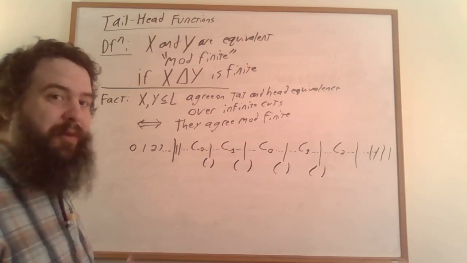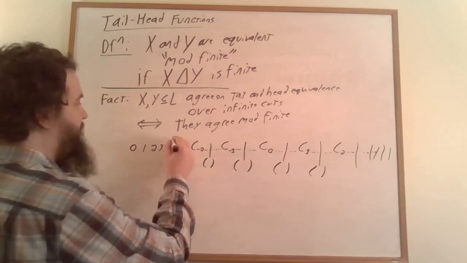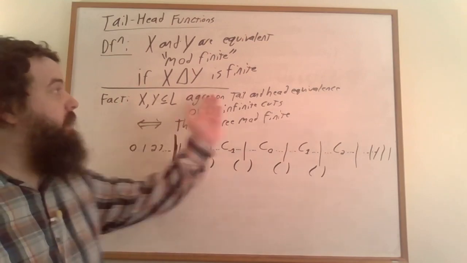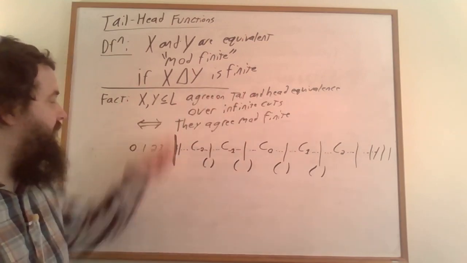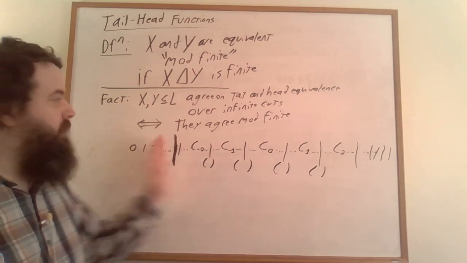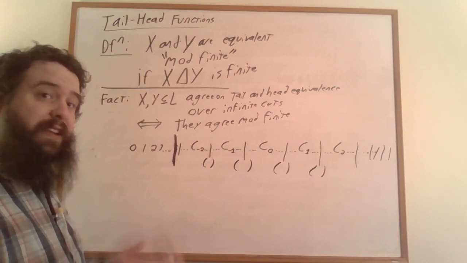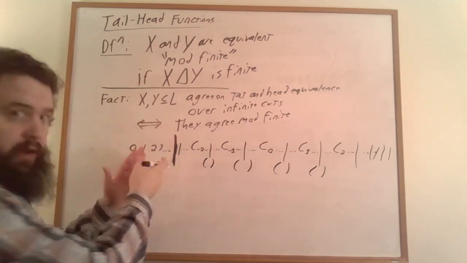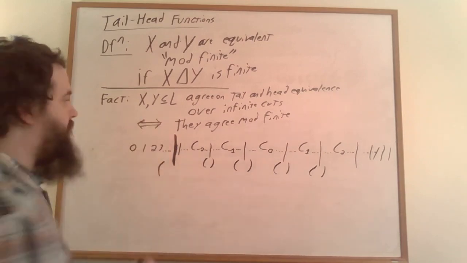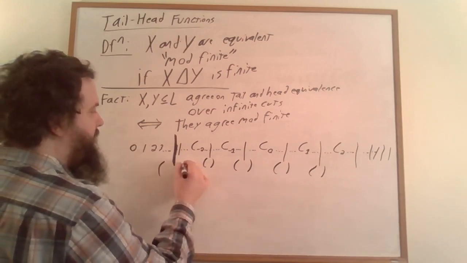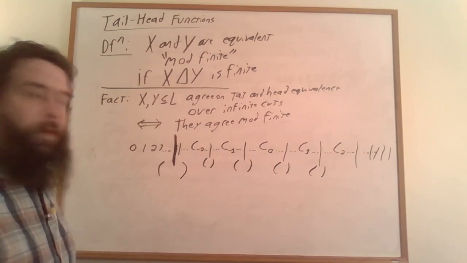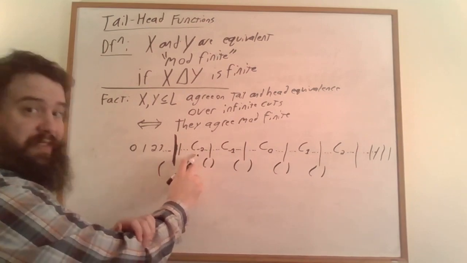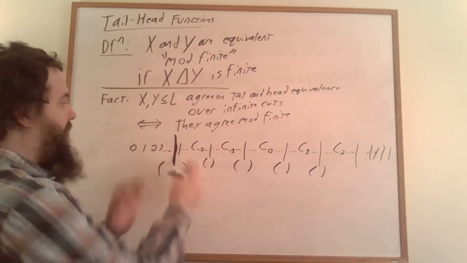But we've forgotten two of the most important infinite cuts, specifically this one here. And in order for our sets to agree on tail and head equivalence over this cut, the cut that separates the omega part from all of the non-standard parts, the interval where they agree is going to extend some amount into the omega part, so it's going to go to some concrete number within the omega part, and it's going to extend some amount into the non-standard part. And what that's going to do is it's going to actually cover up to a certain specific concrete non-standard part. And when it does that,